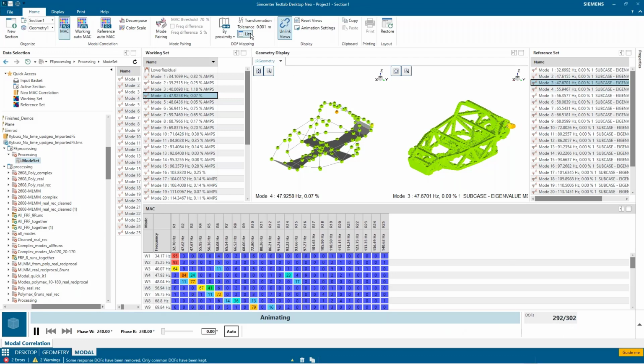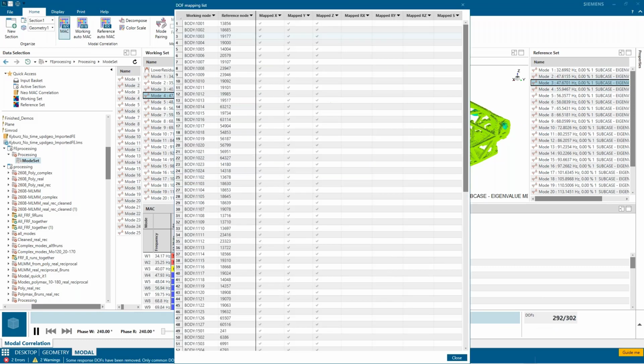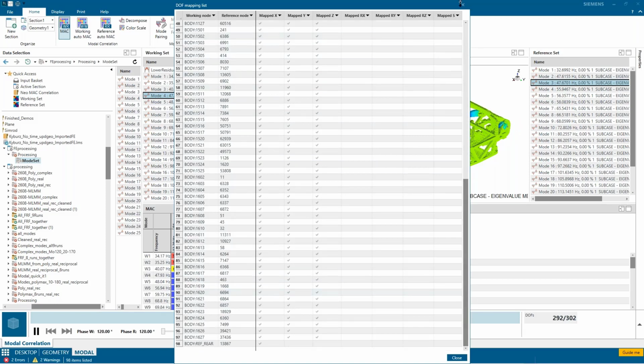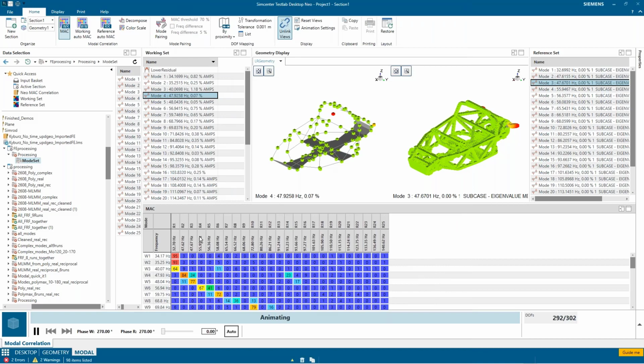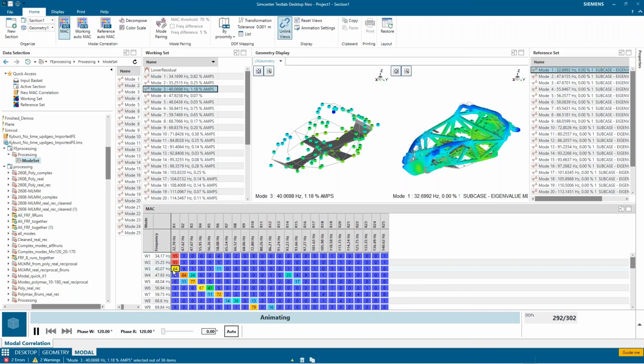And if I go to the list here, I can see this list of the mapping. So on the left side, I can see traditional naming conventions for test. And I can see the reference nodes, and I can see I mapped XYZ for all these locations. Then I can click on these terms in the MAC value and animate them side by side.